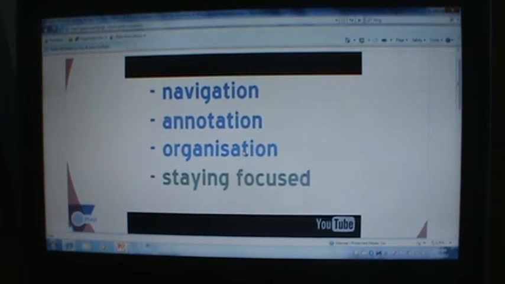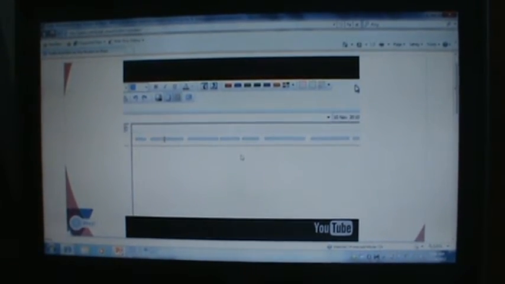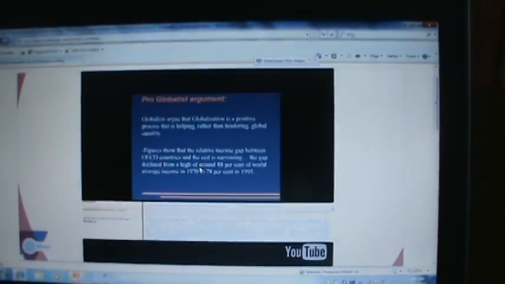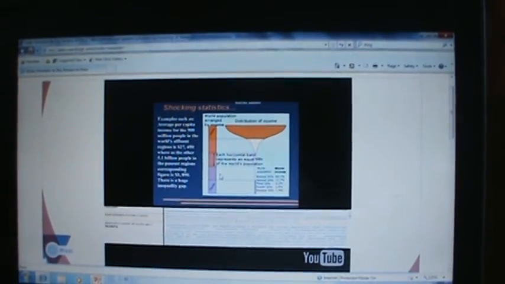Staying focused. Listening in Audio Note Taker is a completely different experience to any other way of listening to audio. Because you see the phrases as they are spoken and can skip forward or back as you please, you can continuously interact with the audio, changing a passive process into an active one. You can also recreate the experience of being in a lesson or a lecture by watching your recordings in full